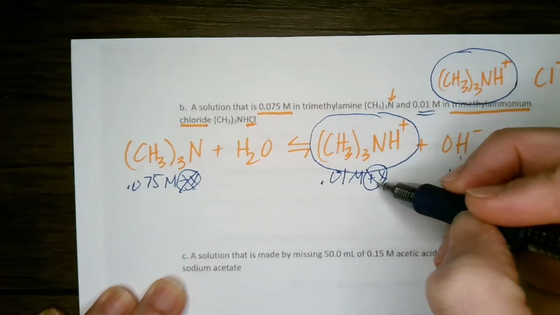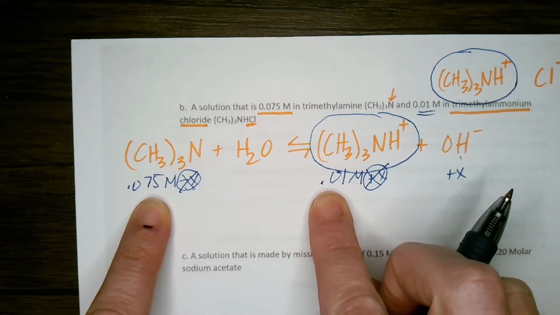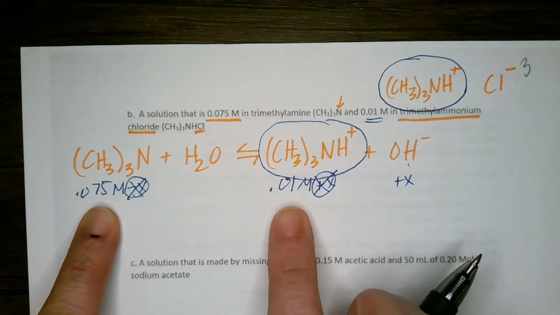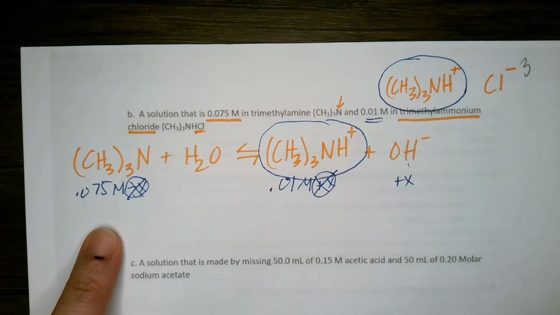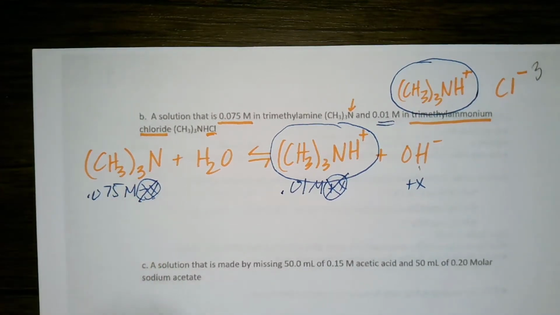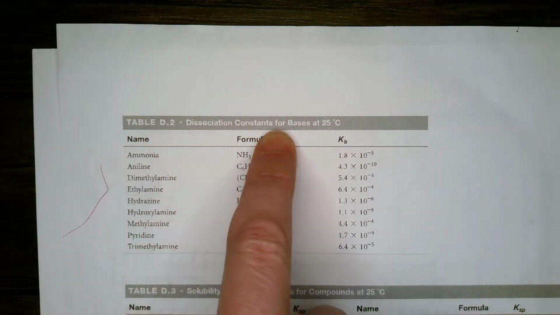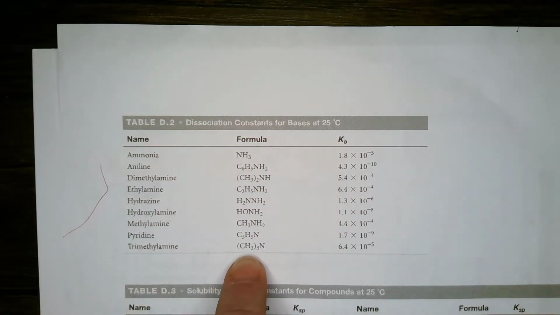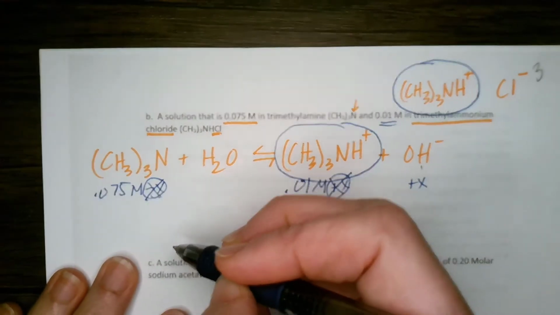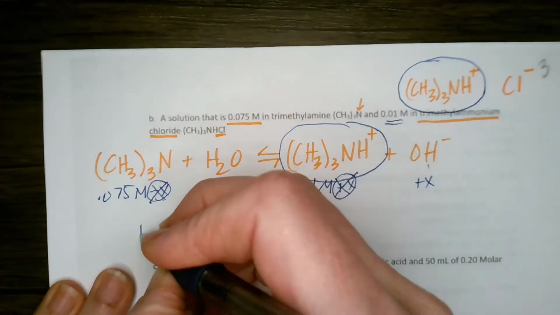And remember, we're going to say, you know what, this plus X and this minus X really is negligible adding on to these two quantities, so we can omit them. All right, so then let's set up our equilibrium, except shoot, we need to look up our trimethylamine to find out what the Kb value is for that. So I'm going to get this out here, and our dissociation constant for bases, trimethylamine is 6.4 times 10 to the negative 5. So our Kb value,